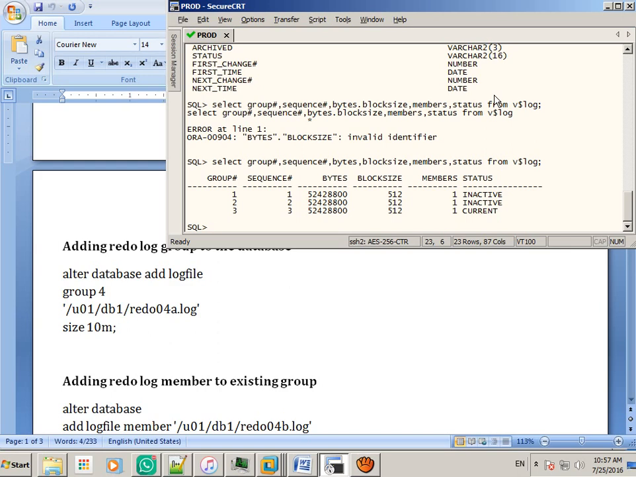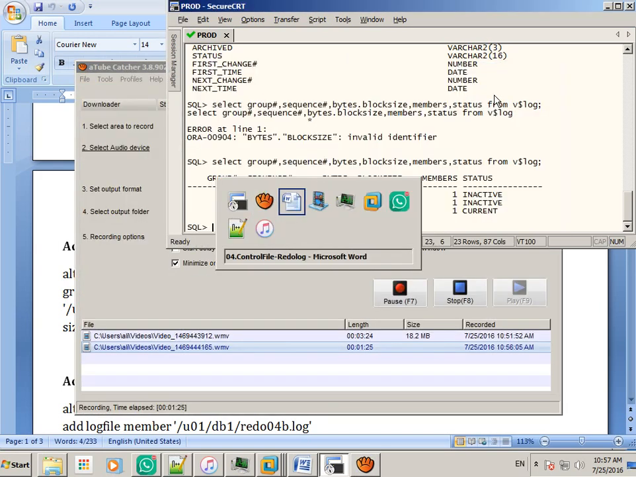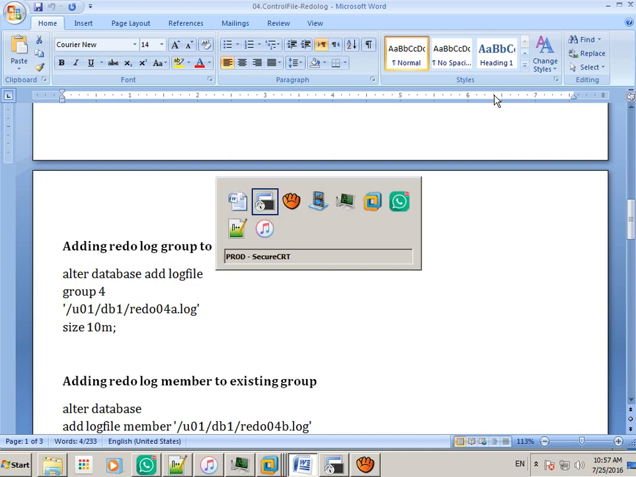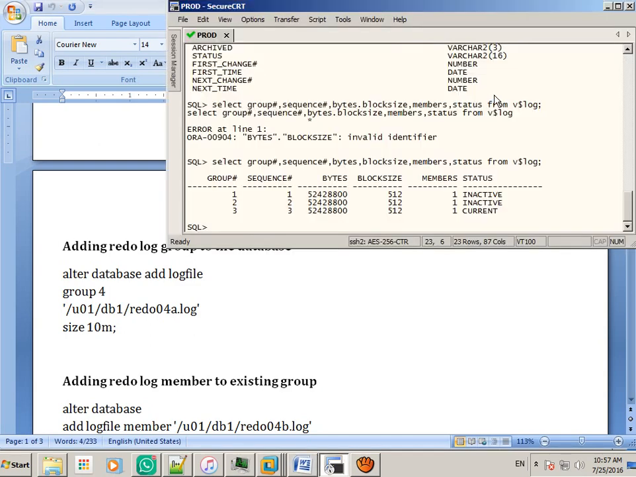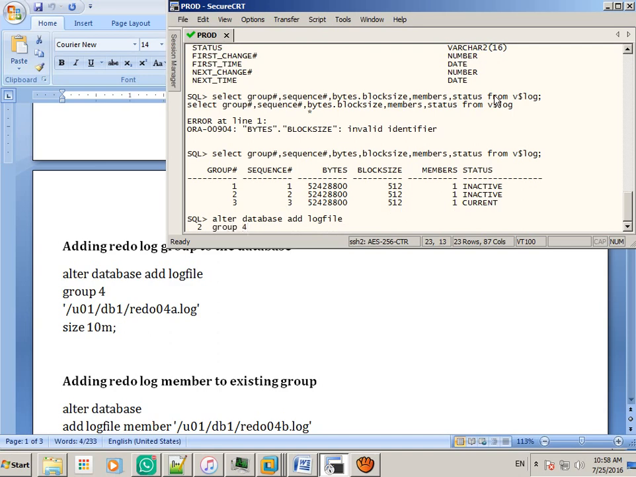Now adding a RedoLog group to the database. Now we have three groups. Suppose we want to add a fourth group. This is alter database, add log file, group 4. Here the file location is u01, same folder, prod redo 04.log,